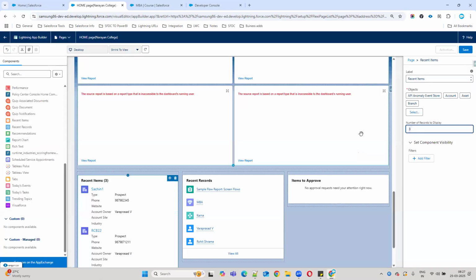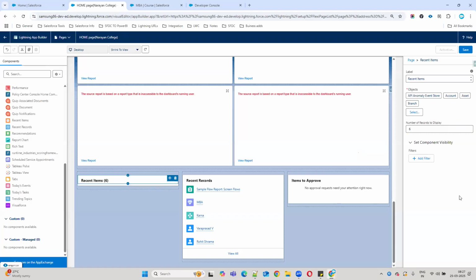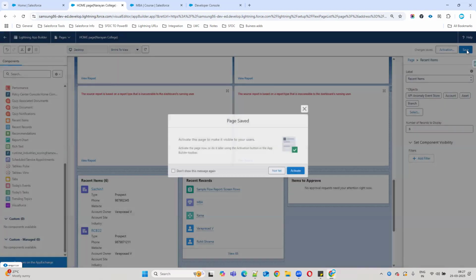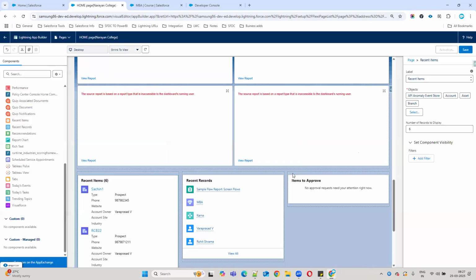Number of records, I can give 6 here. So like this, you can create a home page. Click save. Activate.